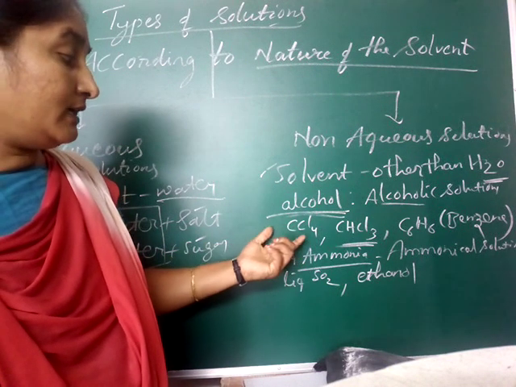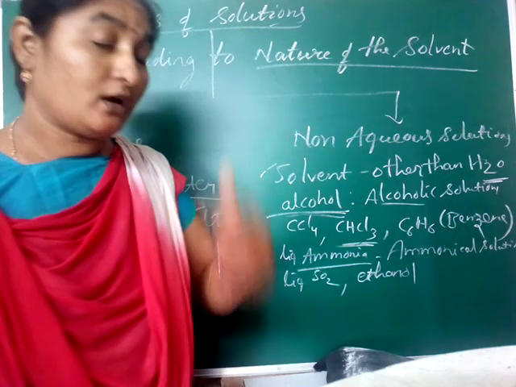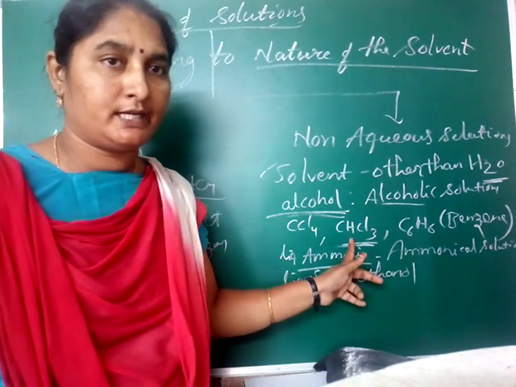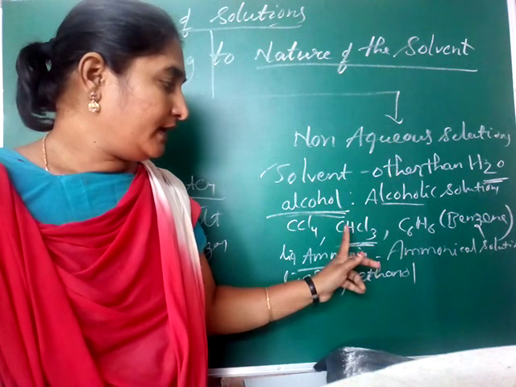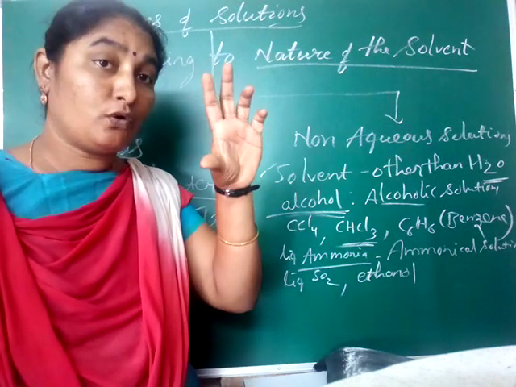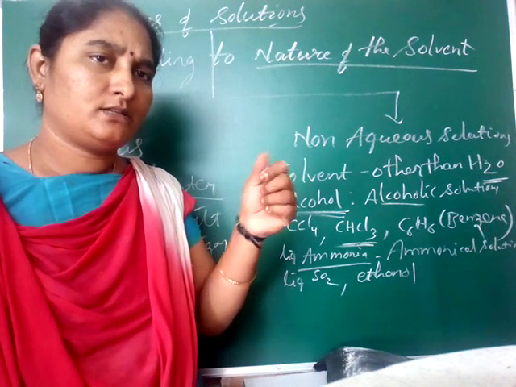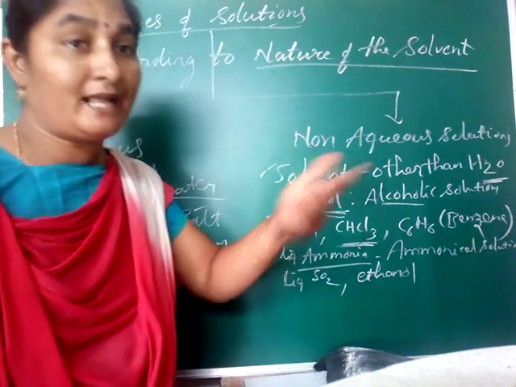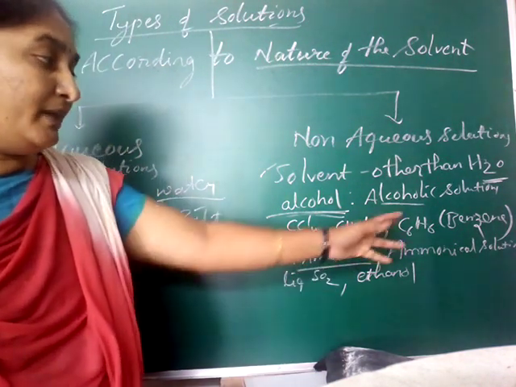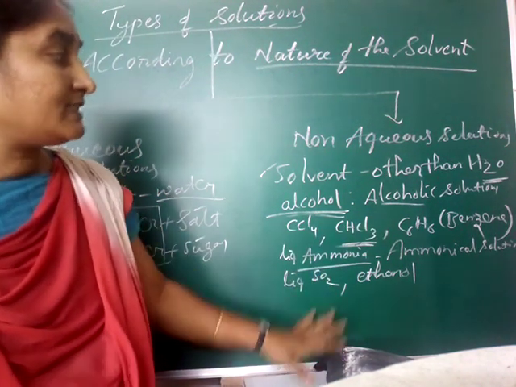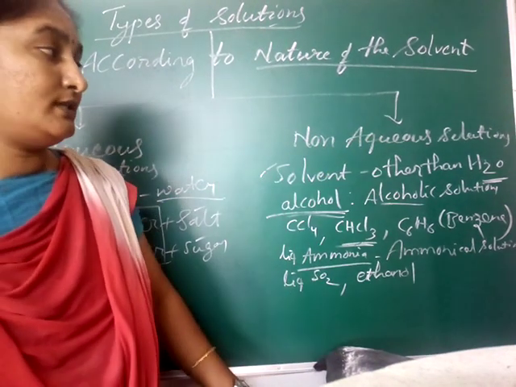Alcohol, carbon tetrachloride and chloroform, CHCl3, which we already know is used in anesthesia, and to store dead bodies, like snake bodies in the biology laboratory. We see chloroform being used there. And benzene and liquid ammonia. These are the examples for non-aqueous solutions, that means where the solvent